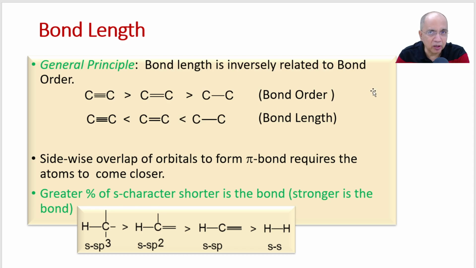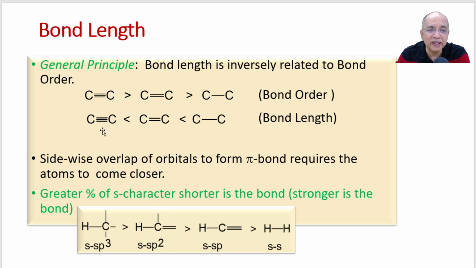greater the bond order, meaning bond energy, less is the bond length. Bond length and bond order are inversely related. Stronger the bond, shorter the bond. Among a particular type, for example, the carbon-carbon triple bond is the strongest bond, but its bond length is